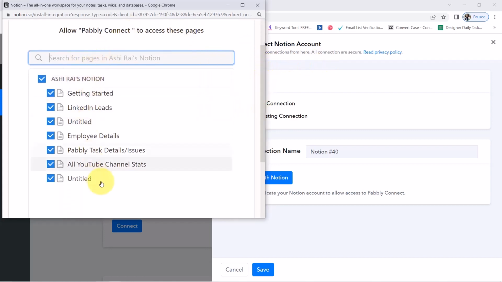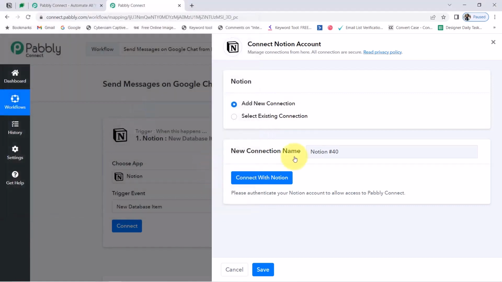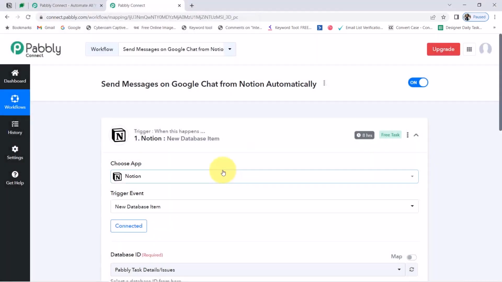Okay, so here you can notice whatever the pages I have created in my Notion application have started visible here, and I am going to provide the access to all the pages, at least for now. Okay, so clicking on allow access, and this is how my Notion application will be connected with the Pabbly Connect. Alright, so authorization was